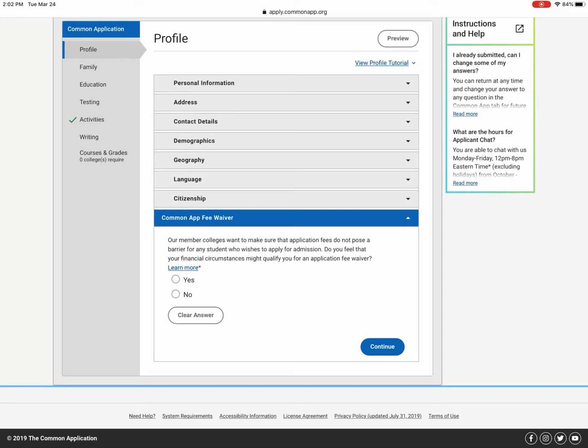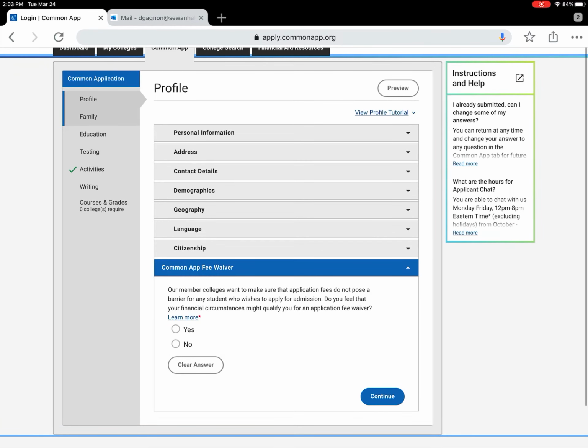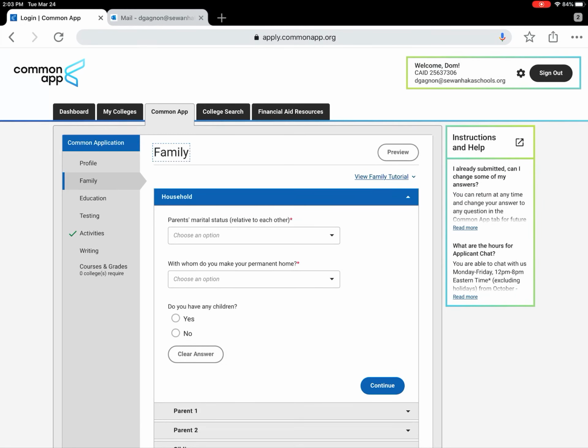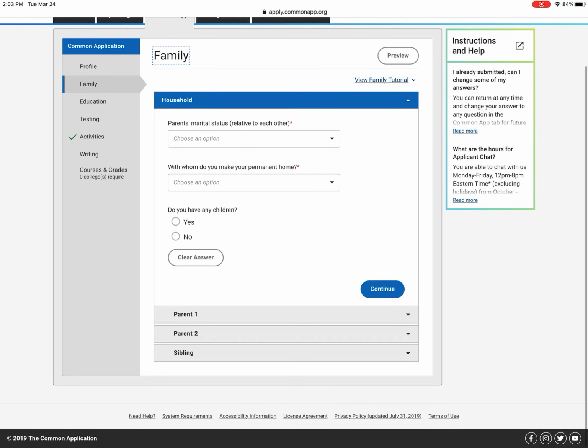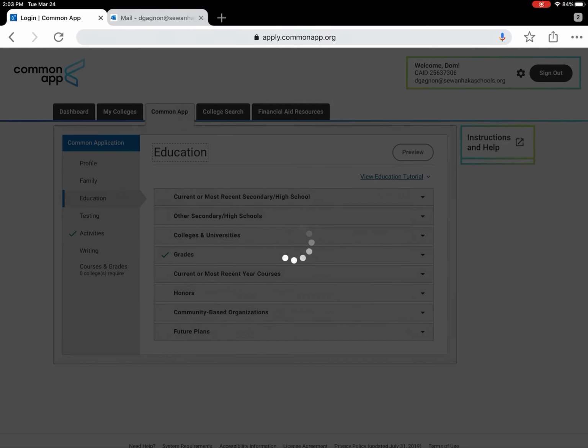But make sure you tell your counselor you're doing this, because on your end, when you apply next year, this is going to be an important part. When you click on family and you go through it, you have to put all your parents' information in, all your siblings' information in, and you're going to have to talk about where they work. Did they graduate college with a bachelor's degree, with an associate's degree, or even a master's or a doctorate? You're going to have to fill all this information out, and anything with a red asterisk has to be filled out. If you click on education,